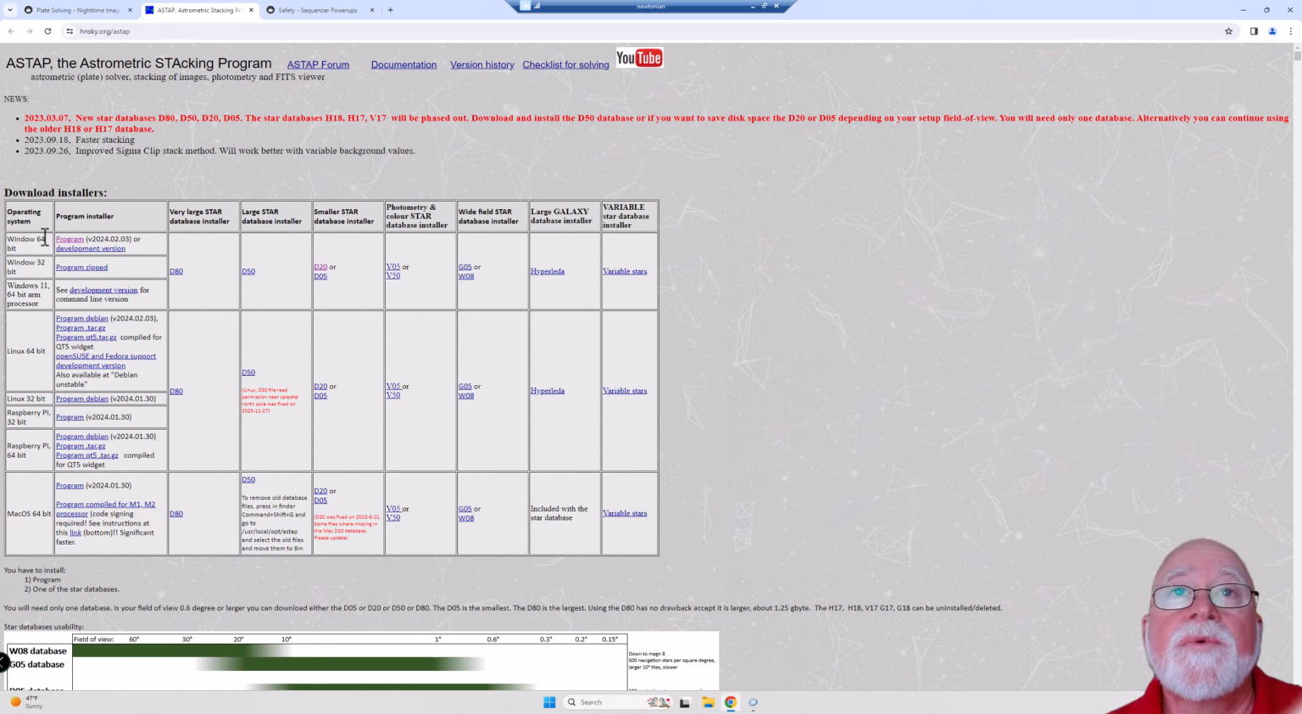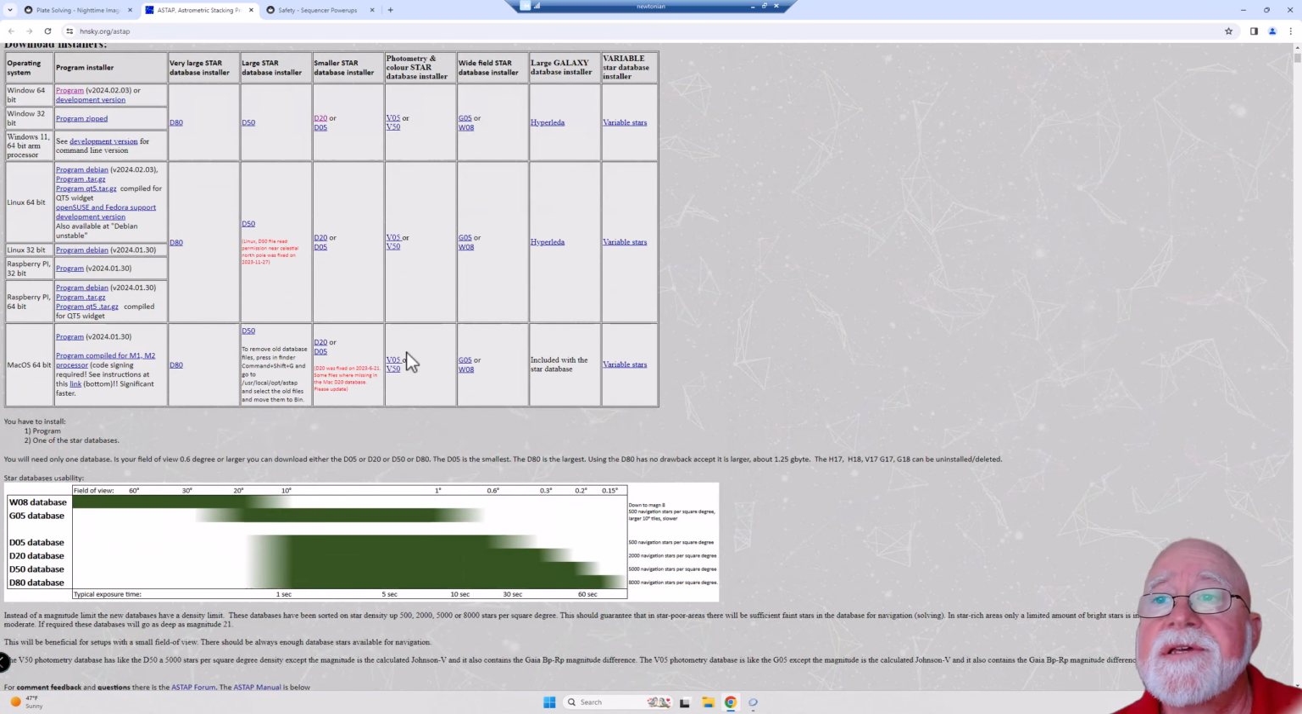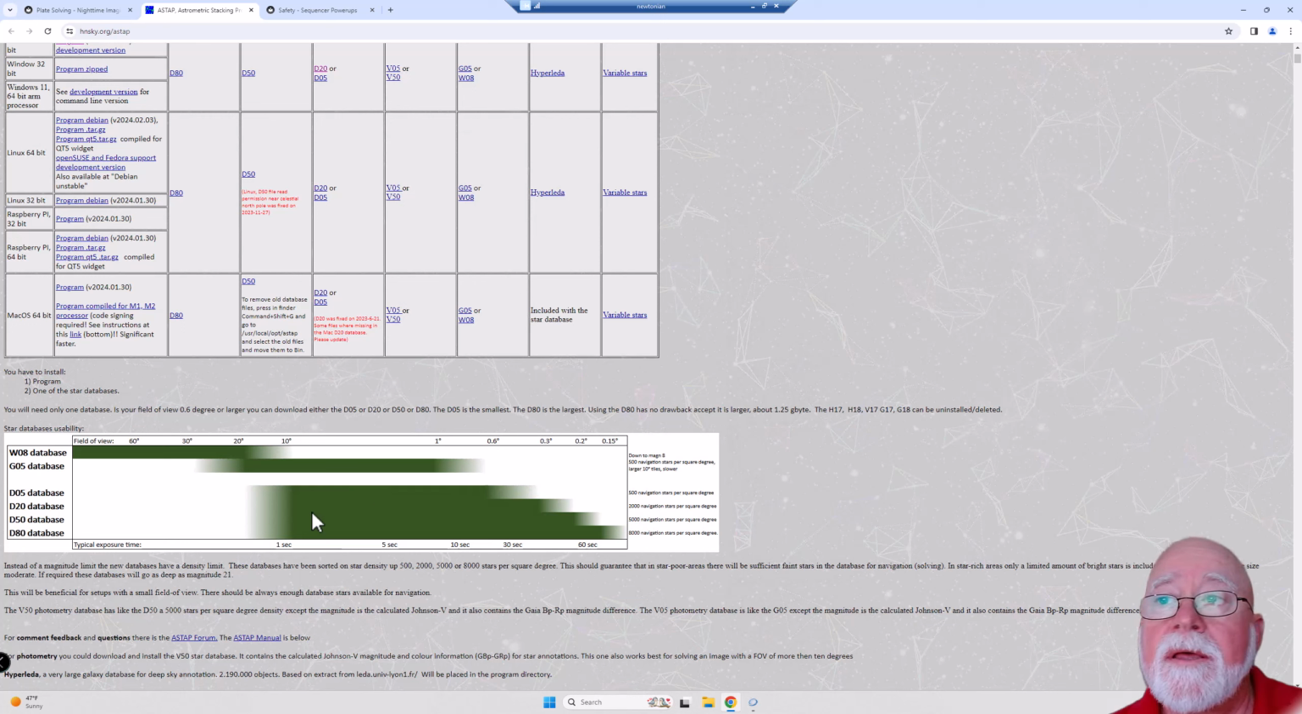I run this Windows 64-bit, so here's the actual program, and then you get to choose which database you want to install. What I generally do is use the D20 database, and you can see down here it shows you the relative field of view that it can help to resolve stars in, and the D20 provides a fairly large